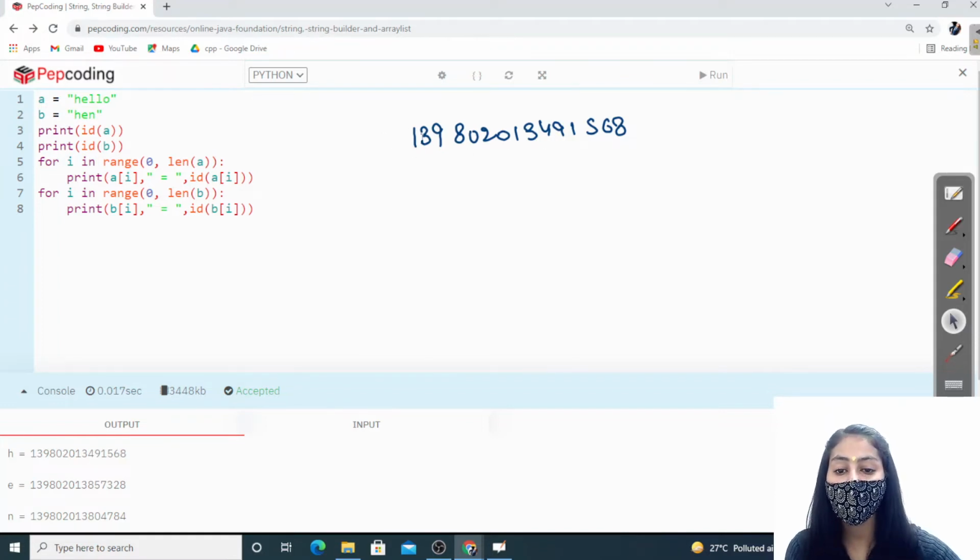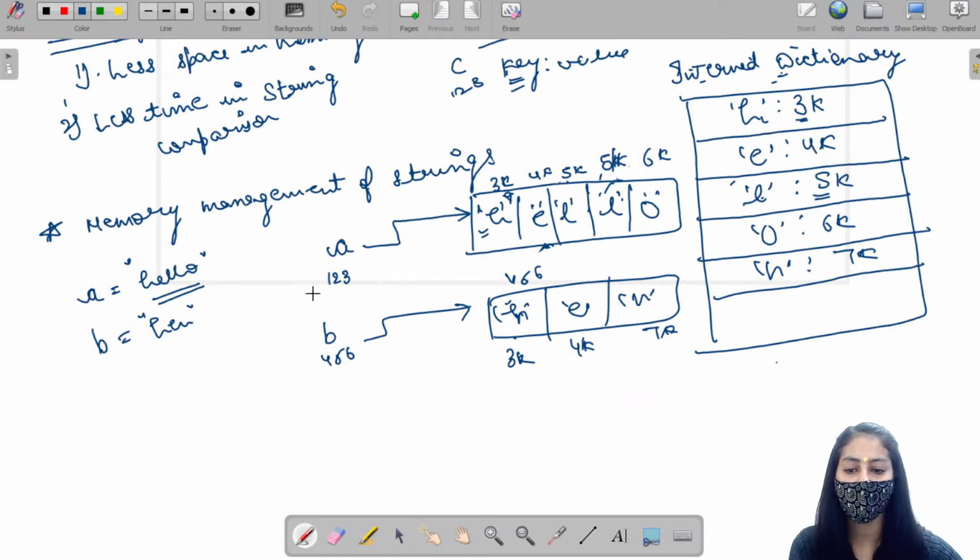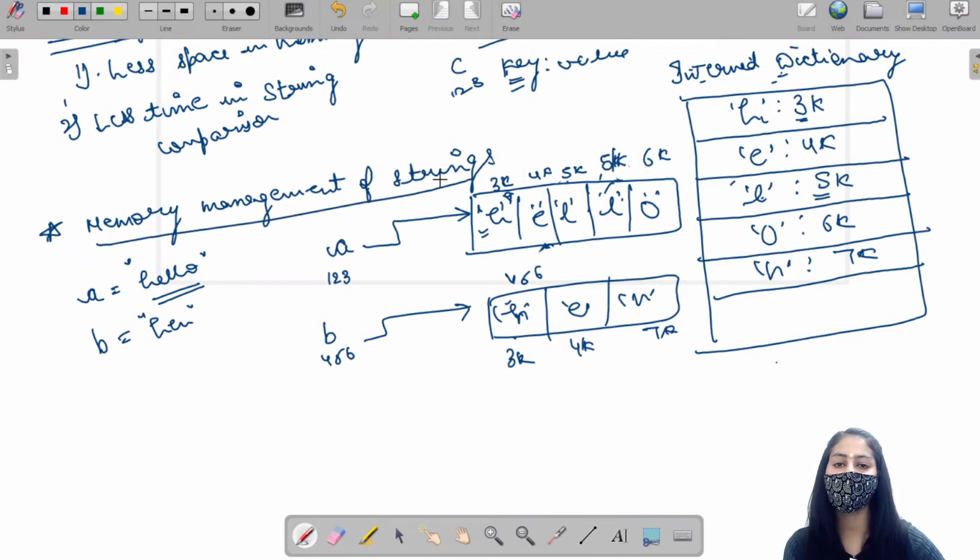You can see that when H comes again, it is pointing to the same memory location as before. This is what we know as string interning, and this is how the strings are stored in memory. I hope you understand how the strings are stored in memory.